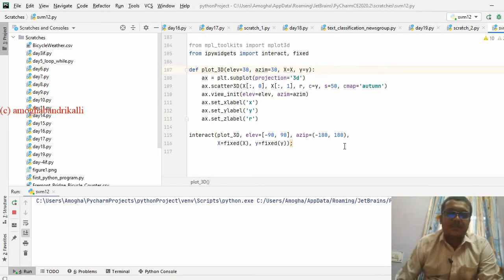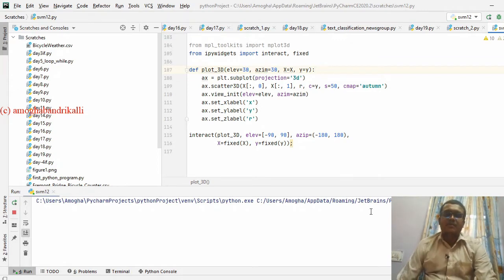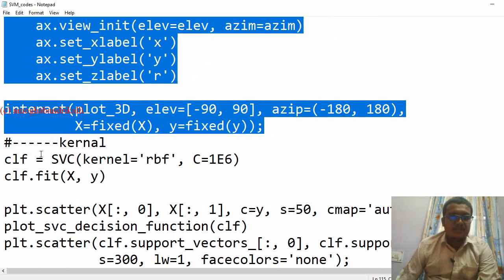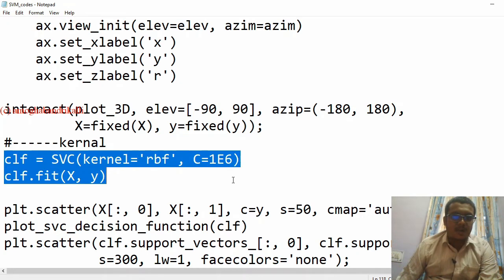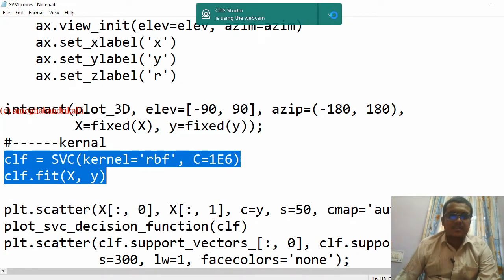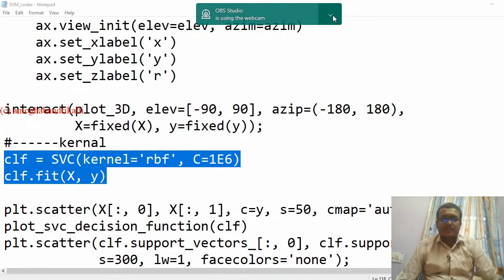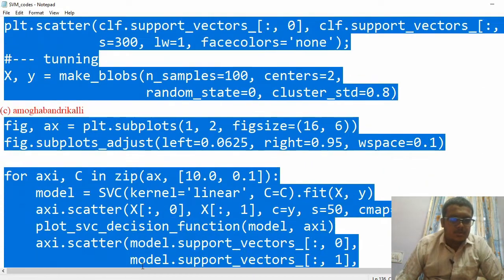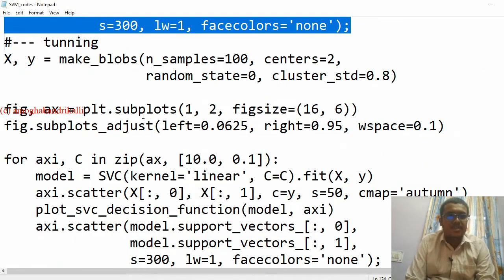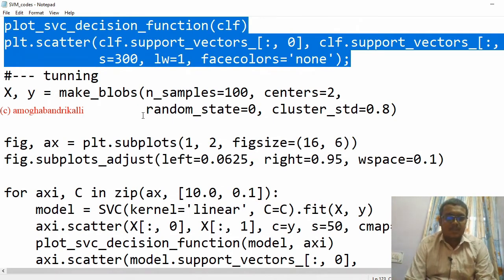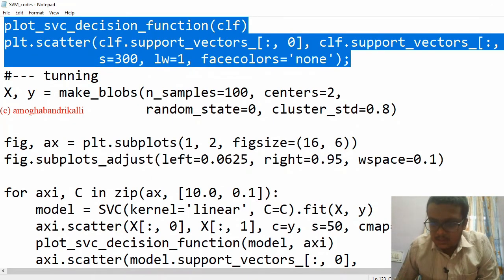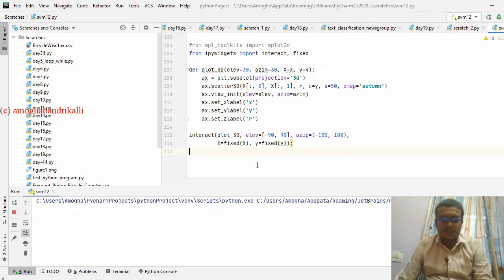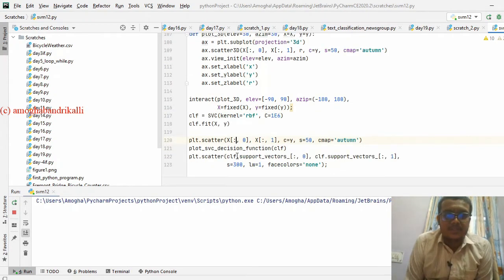So this is one type of solution, and the next type is the radial function. The kernel is RBF, and what is this parameter C? It is larger. So for kernel, we are going to see till here. We have another function called overlapping, where we are going to use a tuning factor.